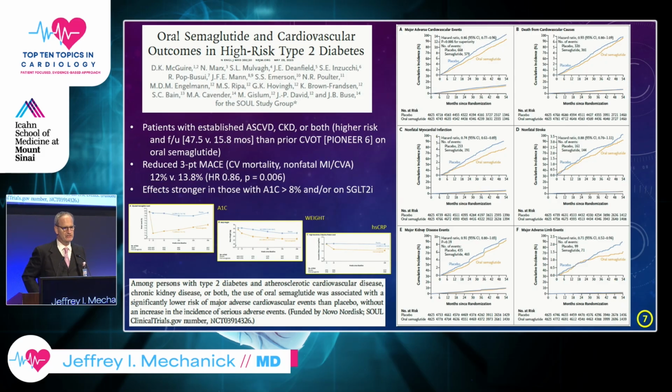Moving on, this is looking at semaglutide and cardiovascular outcomes in high-risk patients with type 2 diabetes. And with atherosclerotic cardiovascular disease and type 2 diabetes, also with chronic kidney disease, oral semaglutide is now showing this benefit. So if you recall, when all the CVOTs came out, we really didn't have oral semaglutide show superiority. There was non-inferiority, but not superiority. Here we have a little bit of superiority. Not much, but it's there.